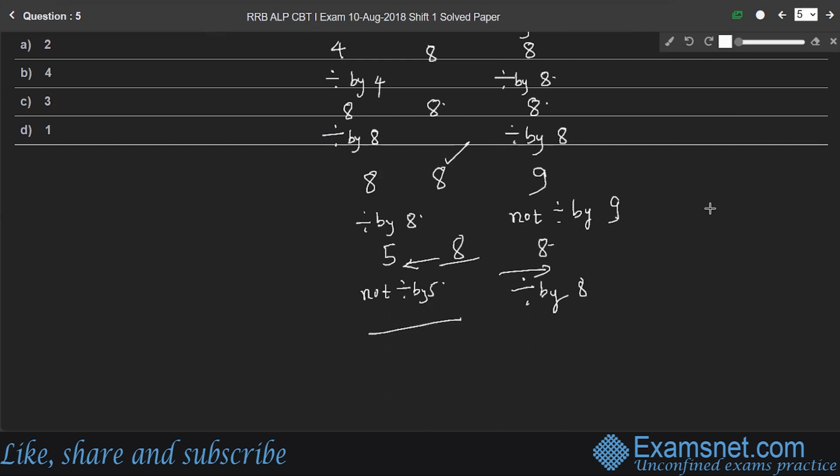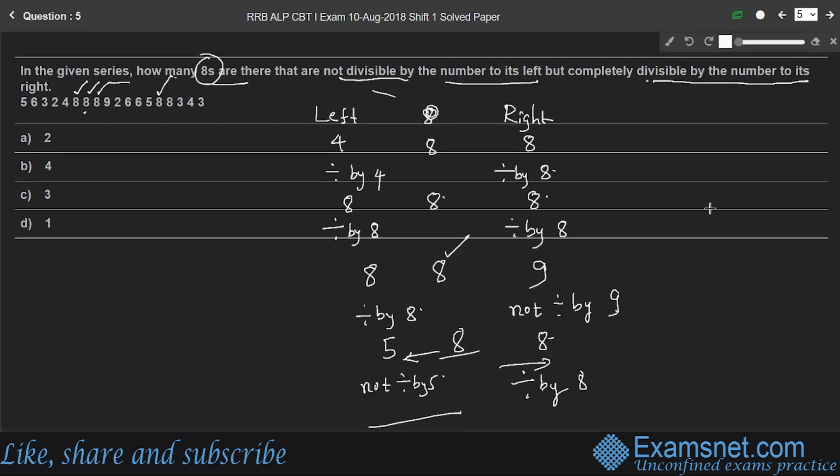Therefore, we have one number, 1 8, right? If you take the last 8, to its left we have 8, to its right we have 3, right? Where 8 is divisible by the number to its left, which is 8, but not divisible by the number to its right, which is the reverse of the given condition. Therefore, no need to consider the last 8 also. Therefore, we have only 1 8,